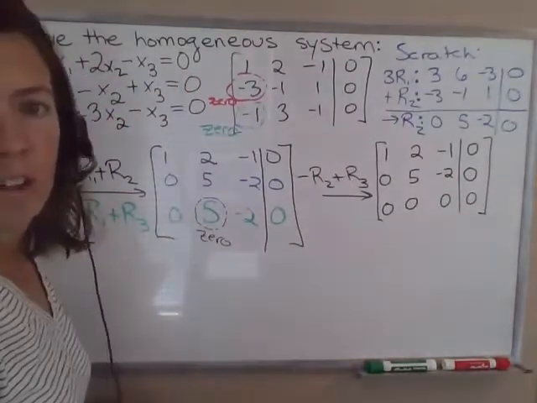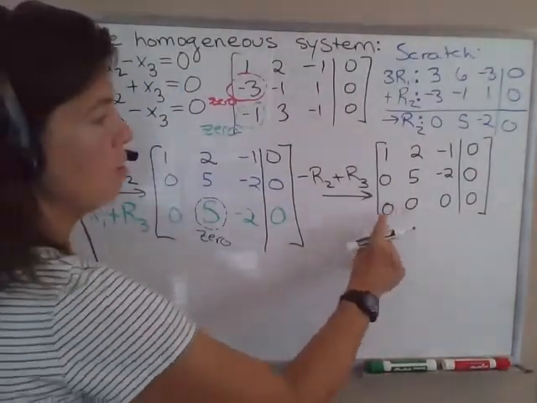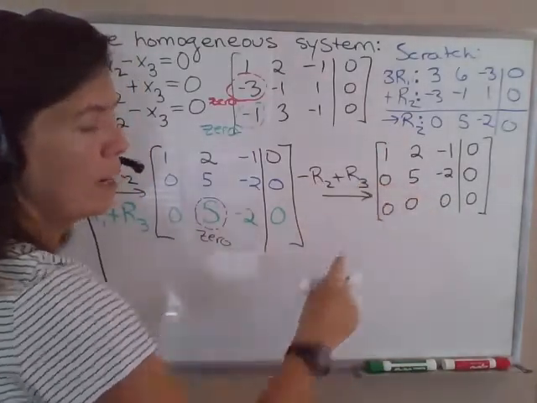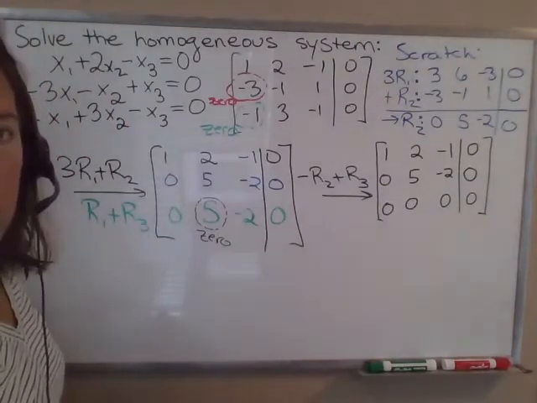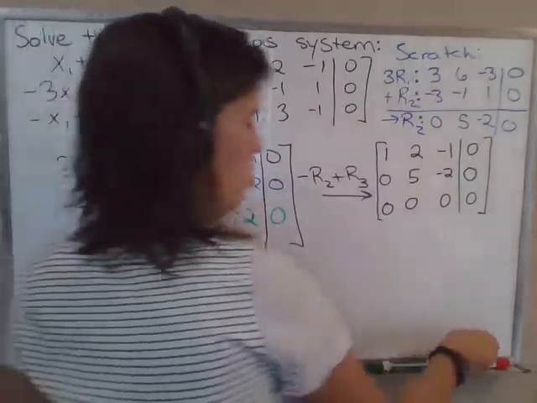Okay, so we're trying to solve the system. This is actually in echelon form at this point. The row of all zeros is at the bottom. The pivots go down and to the right of the one above it. So we could stop here and start writing our solution set. However, notice that